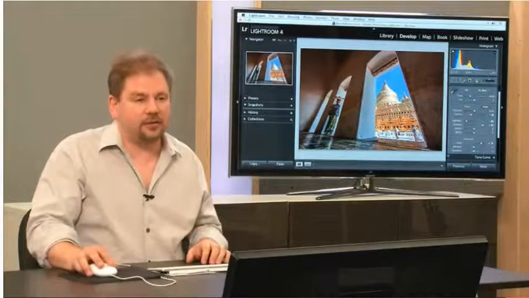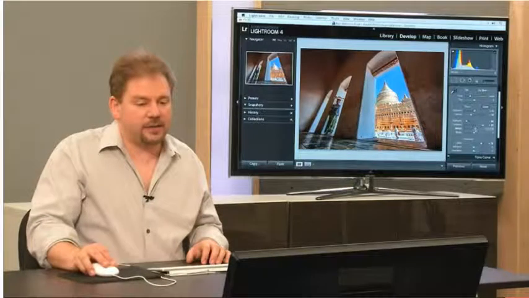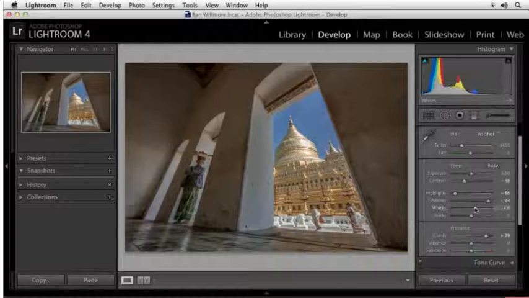glance at the histogram. There's a gap on the right, that means whites. I could bring it up until it kisses the end and say, does that look any better? And it might. The highlight on the temple that's out there is going to end up getting closer to white, and it's going to look more like a bright reflection there, and it can help. But don't stress about the